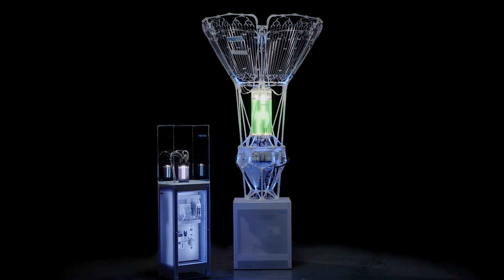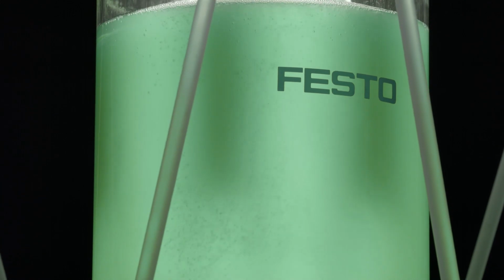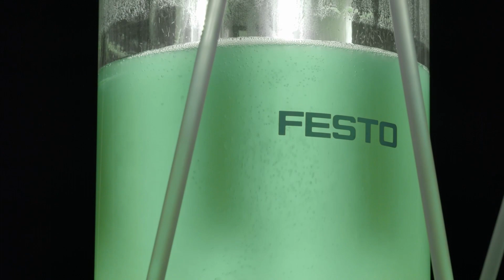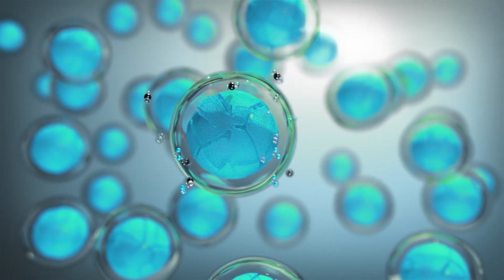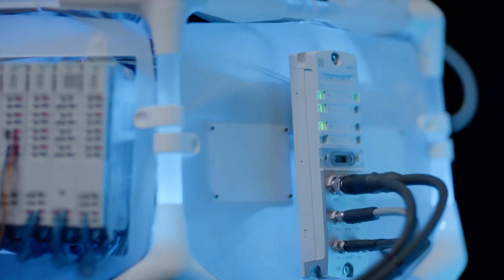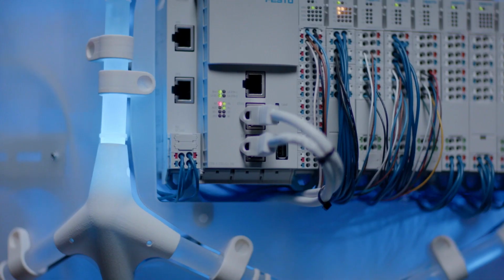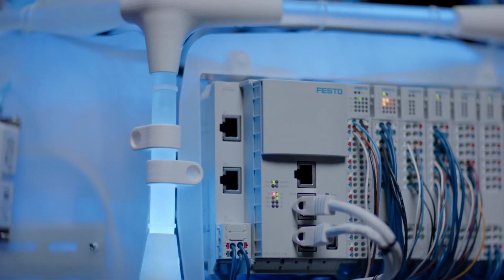So actually, these are two kinds of bioreactors, a small one and a bigger one. And the most essential part is the tank where all the organisms grow. And it's all about how to make this growing process as efficient as possible. Because biological processes are much slower than chemical processes, we need to increase the efficiency using control devices, using a lot of sensors, controlling all the parameters like temperature, pH,